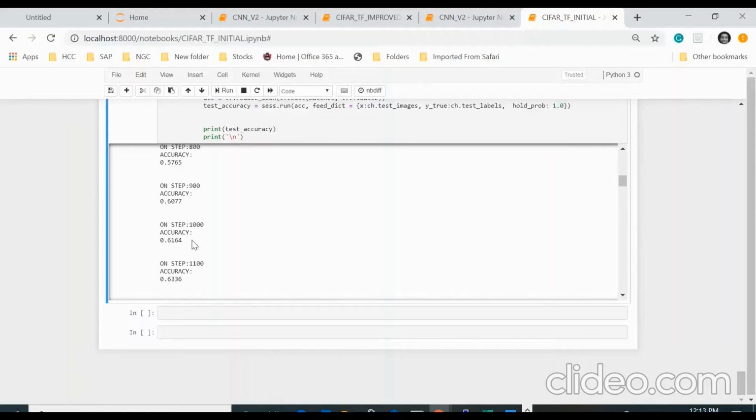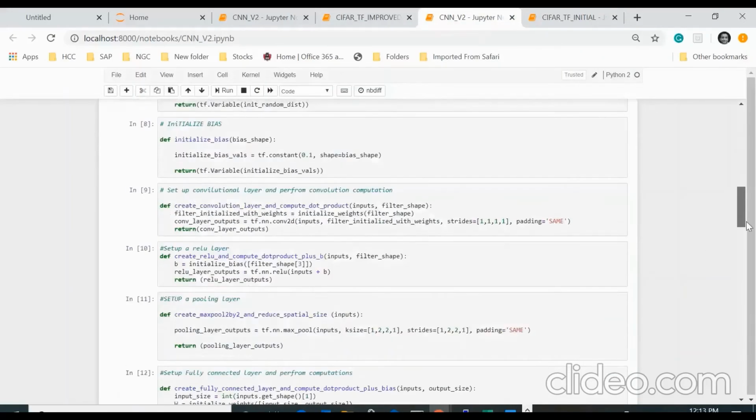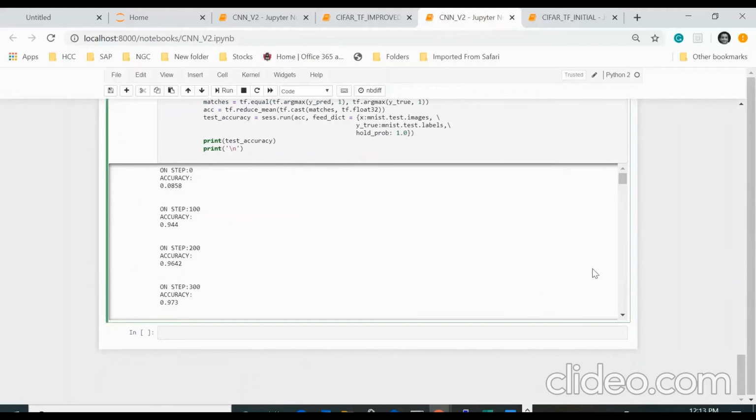So we see that the accuracy at step 100 was 41.6%, then it increased to 47, then 50, and by the end, the accuracy at step 4900 was 69.84, which was a decent increase over the subsequent steps. If we compare this accuracy with the MNIST data set, in which we went through the same procedure, the jump from step 0,